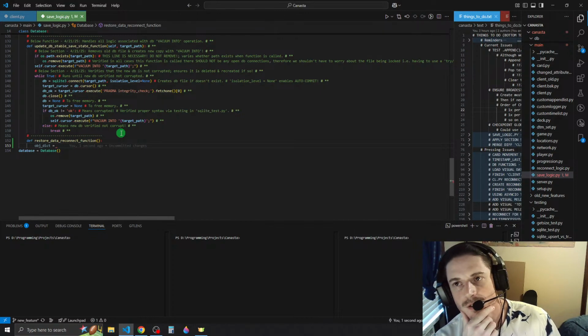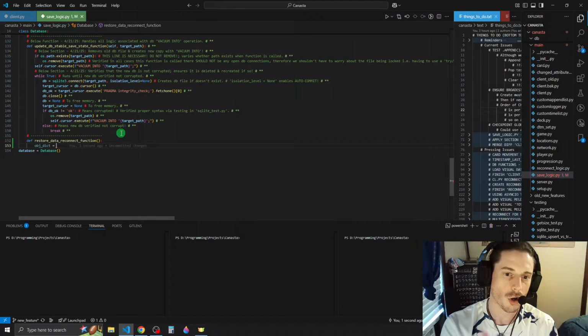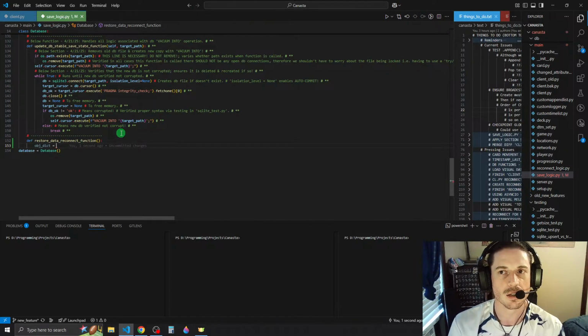And then we would have to have a master list of all the objects that could be saved, and then compare that with the list of objects that are saved.